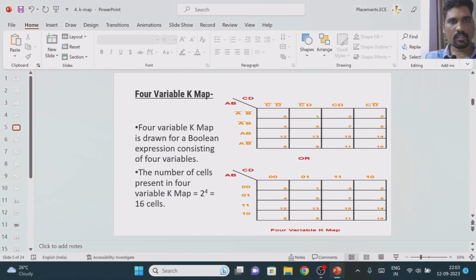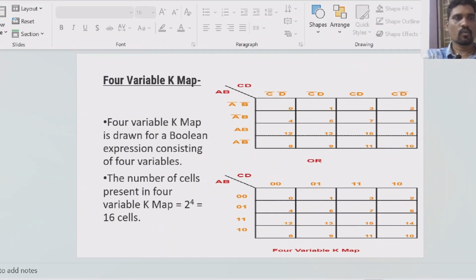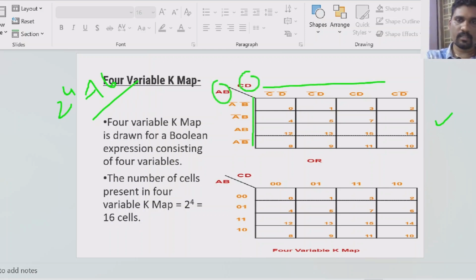One more final thing, the 4 variable K-map, right? 4 variable K-map means how many cells? 2 power 4. 2 power 4 means we have 16 cells. This is the 16 cell representation, right? So here 4 possibilities. 4 possibilities means at a time we need to consider 2 variables, right? Fine. So this I have explained, 0 0, 0 1, 1 1, 1 0. Why not 0 1, 1 0, 1 1? Simple. If you want to find out why it is 12, it is a combination of 1 1, this value 0 0, 1 1 0 0 means 12.